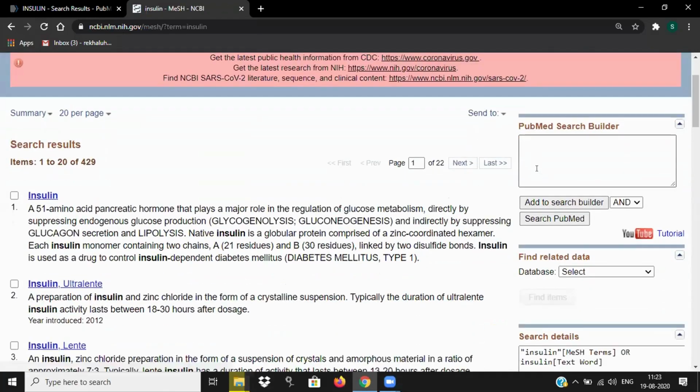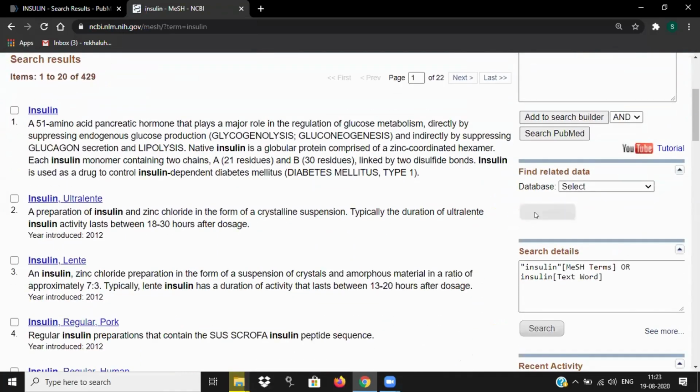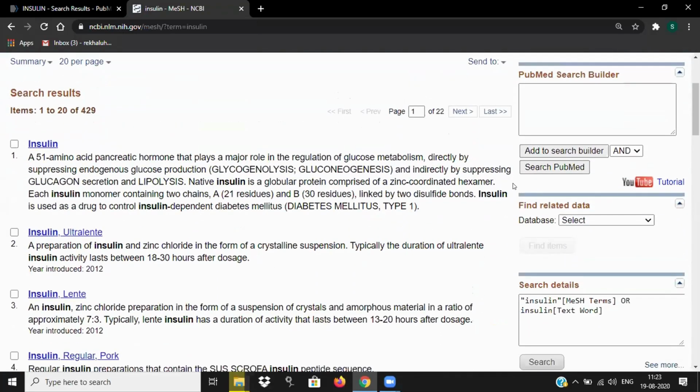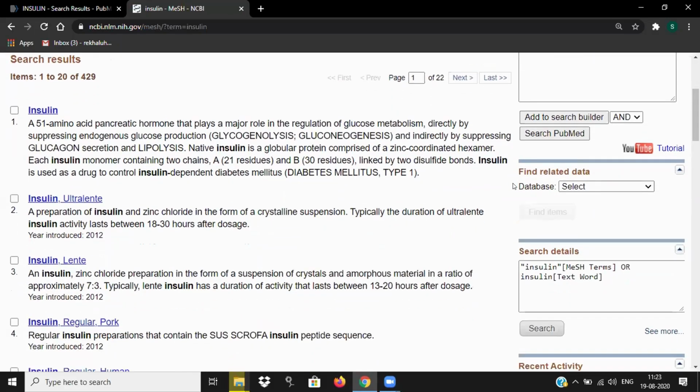Now what you can see on your screen, these are not your articles or papers, these are categories in which the papers have been put. And associated data is also given to you with each category. Like the first category says that if you want to read about those articles only where you want to study about 51 amino acid pancreatic hormone that plays a major role in the regulation of glucose metabolism and is associated with diabetes and all. Okay, so if you read this particular gist, you see that this is what I am interested in as well. So this means that this is the entry of my interest,